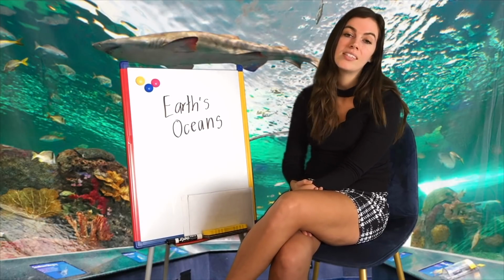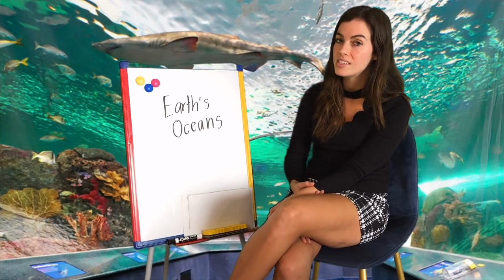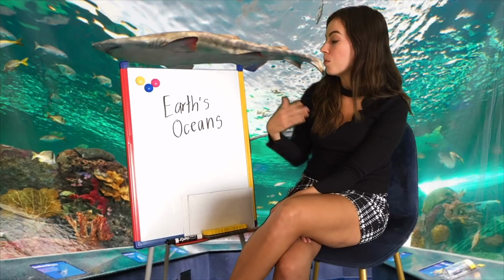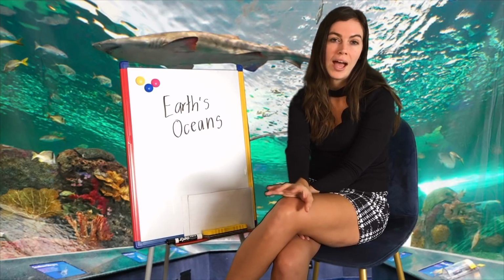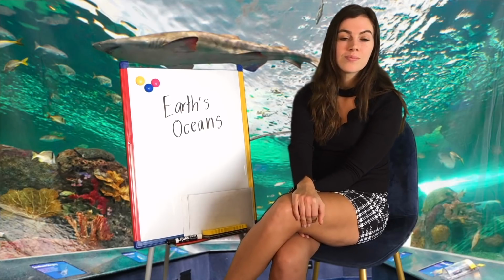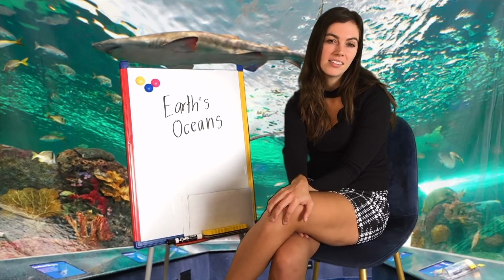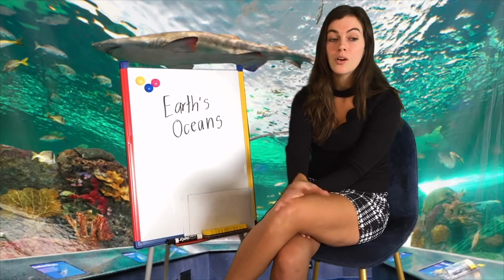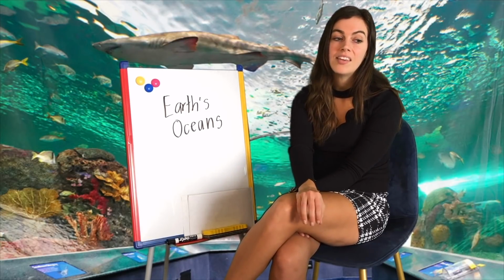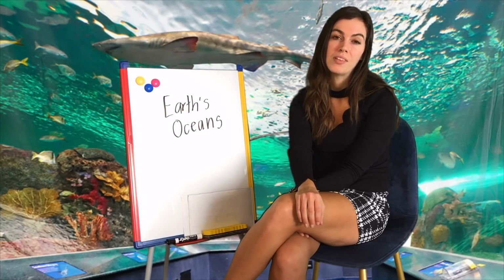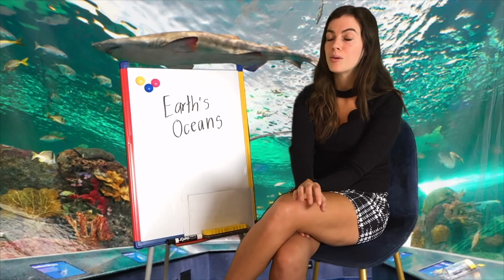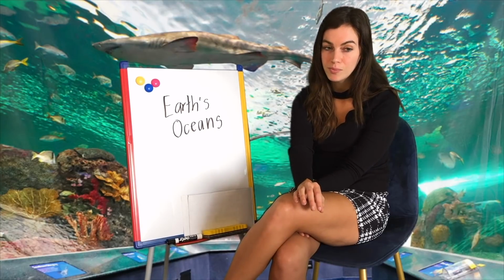So now we're going to talk about the ocean's characteristics, features, and life forms. So thinking about an ocean, why do you think oceans are important to Earth? So think about that. So oceans affect all living things, even those far from the shore. So oceans provide a place for many organisms to live.